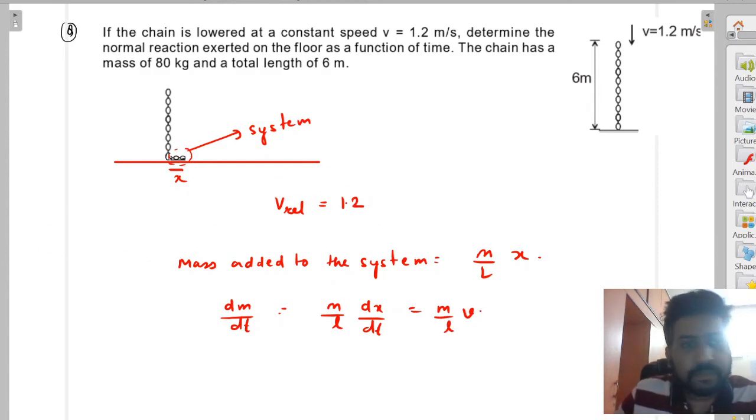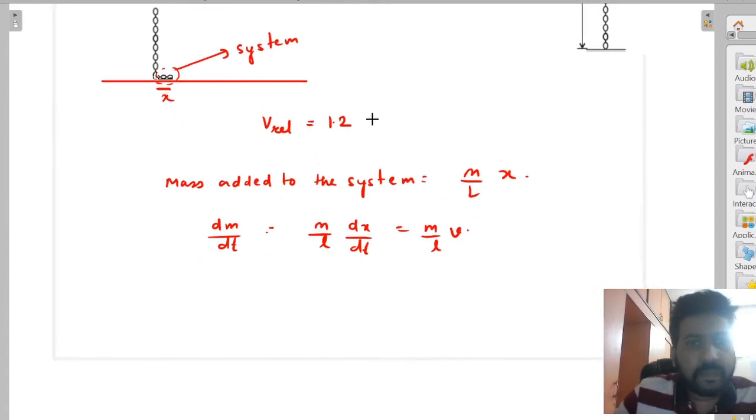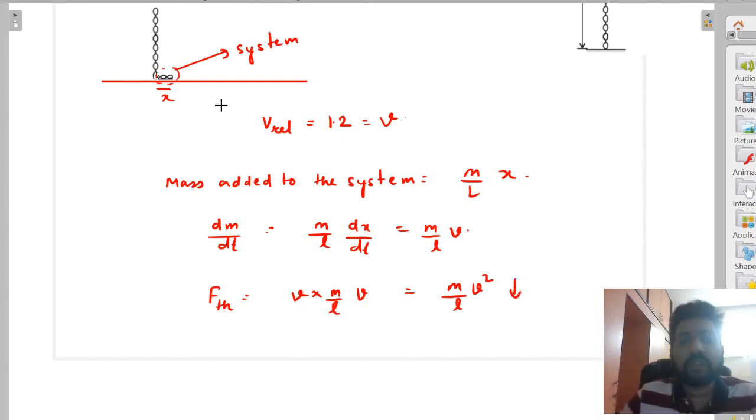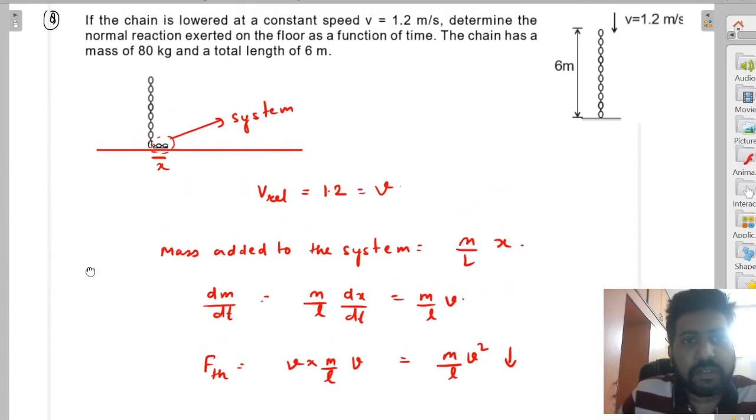So the thrust force magnitude will be equal to v relative into dm by dt, which is m by L into v. So that is m by L multiplied by v square. This thrust force is again downwards, because mass is added to the system and the direction of relative velocity is downwards, so the thrust force is also downwards. Okay, so now you have got the thrust force. Again what you will do is